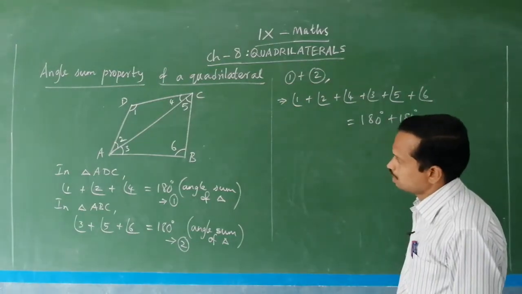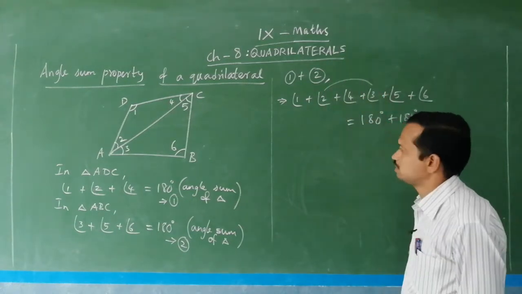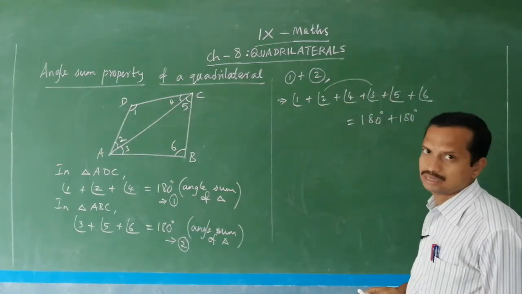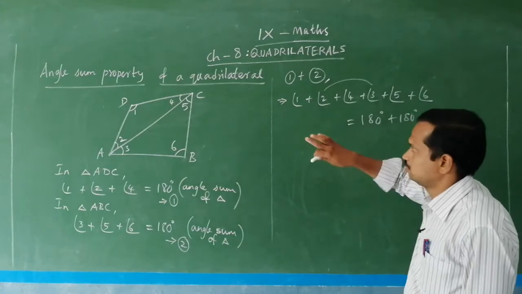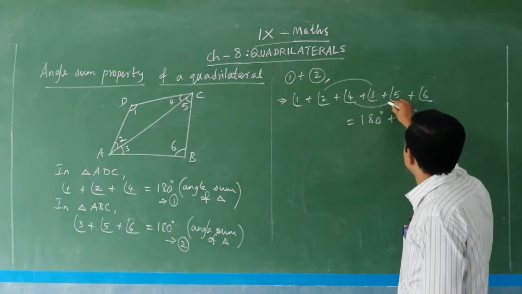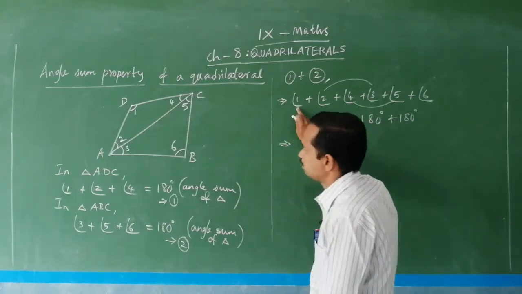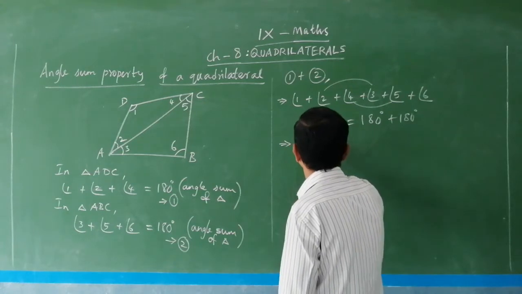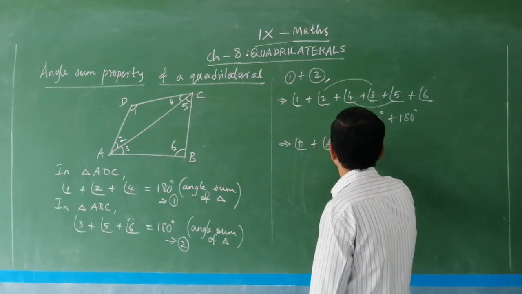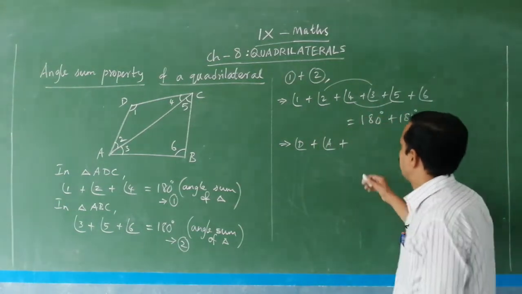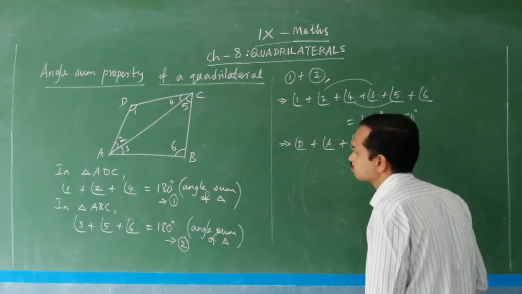And now you see angle 2 and 3, I am taking this angle 2 and angle 3, that is nothing but angle A. Okay. You see the diagram, angle 4 and angle 5 gives angle C, clear. And now you will get angle 1 is nothing but angle D, plus angle 2 and 3, if you add, you get angle A, plus angle 4 and 5, if you add, you get angle C, plus angle 6 is nothing but angle B, clear.